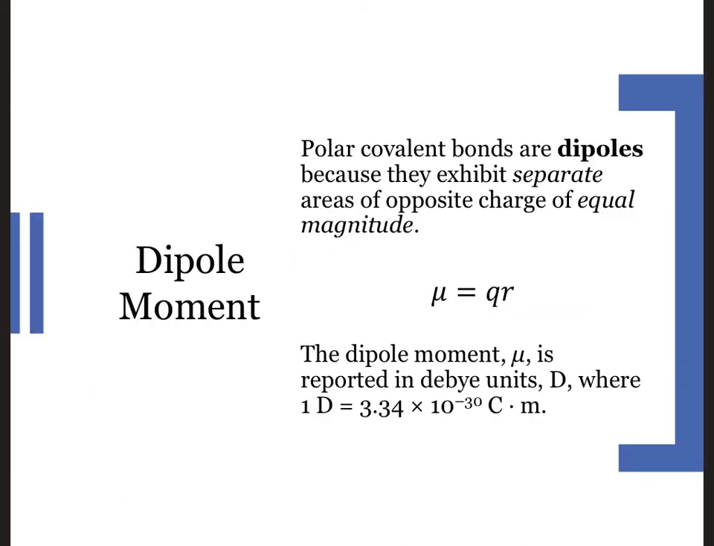As chemists, we like to be able to quantify every observed phenomenon. The dipoles found in polar covalent bonds are no exception. Dipoles exhibit separate areas of opposite charge of equal magnitude. We measure them using the dipole moment, mu, which relates the magnitude of the charge, q, and the distance between the charges, r, and is reported in debye units, D, where 1 debye equals 3.34 times 10 to the negative